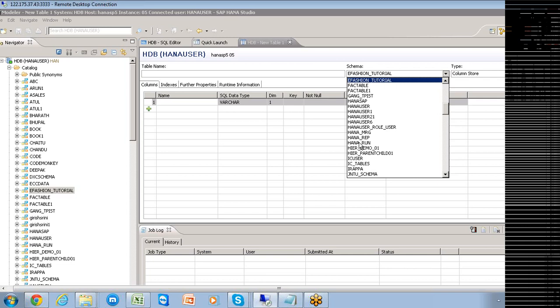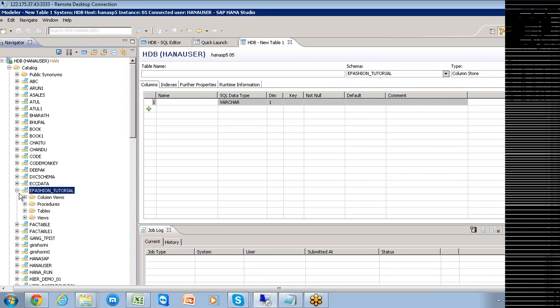But there is another thing. What is that? You have something called a column store. Column store is basically used for the purpose of replicating the data from the analytical databases. That's why column stores are used for your analytical purposes, whereas row store tables are used for your transactional purposes. While creating the table itself, we can specify whether you want to create a row table store or a column table store. Row table stores and column table stores can be defined with the help of this. You can see here.